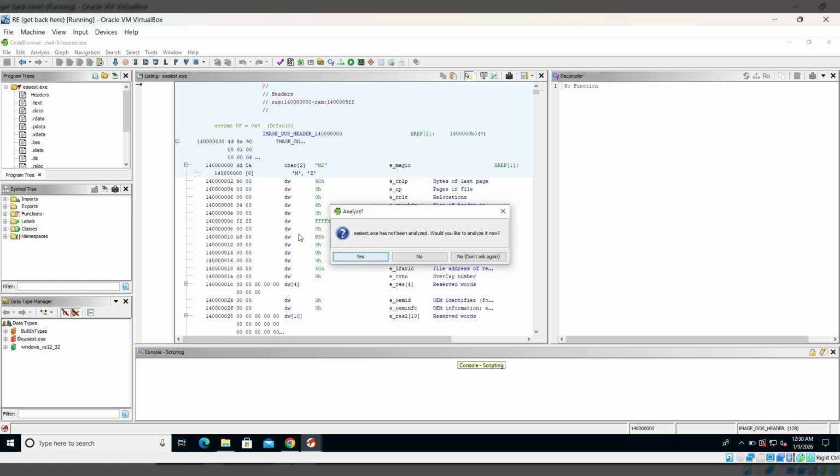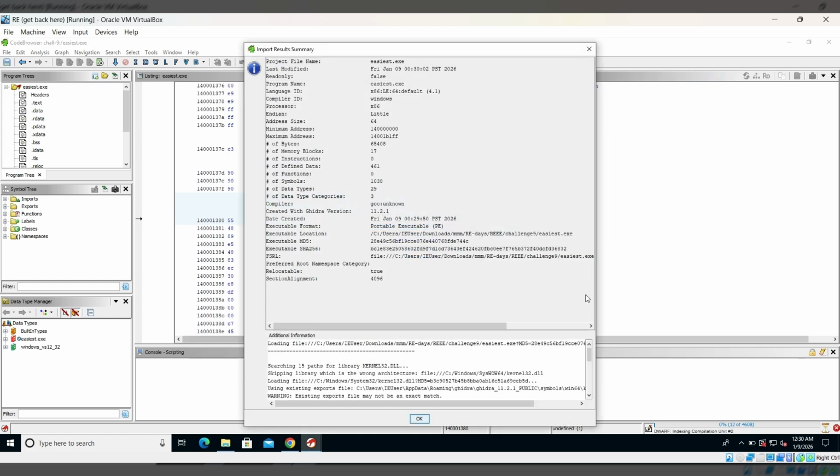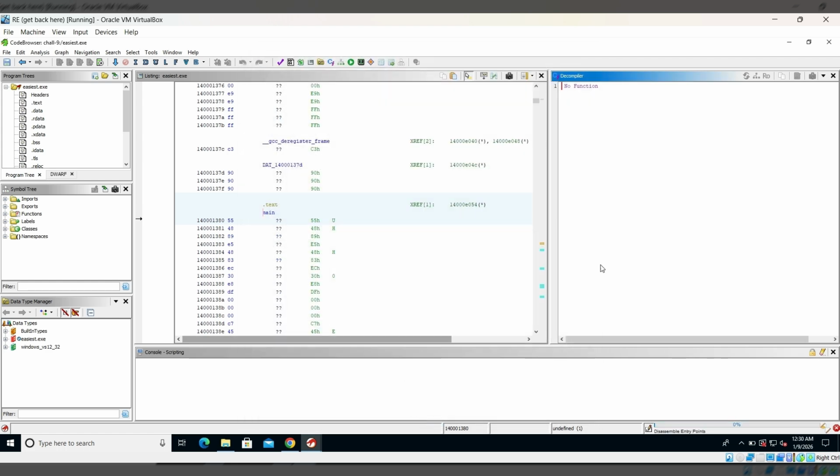Still, let it get loaded first, and yes, you can see that it has already loaded. So I'll click on yes for it to get analyzed. We'll choose the default ones and let us get done with it.